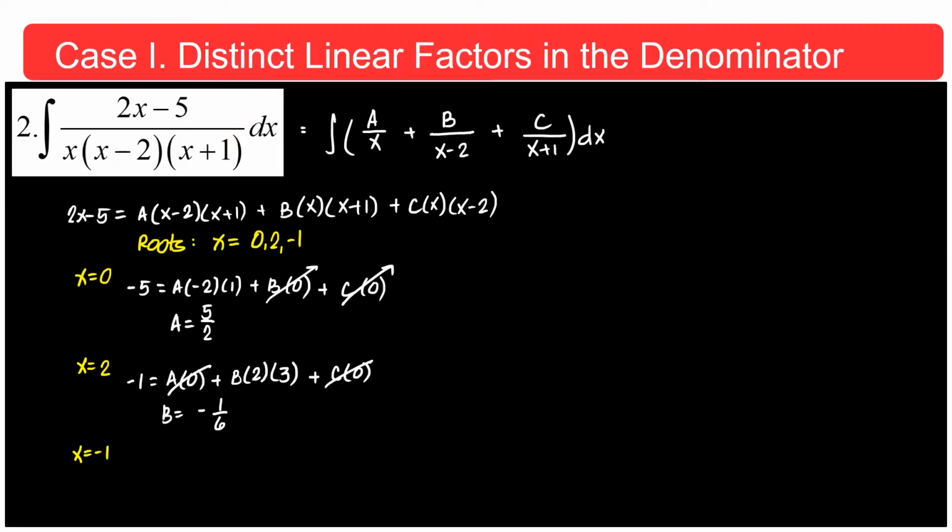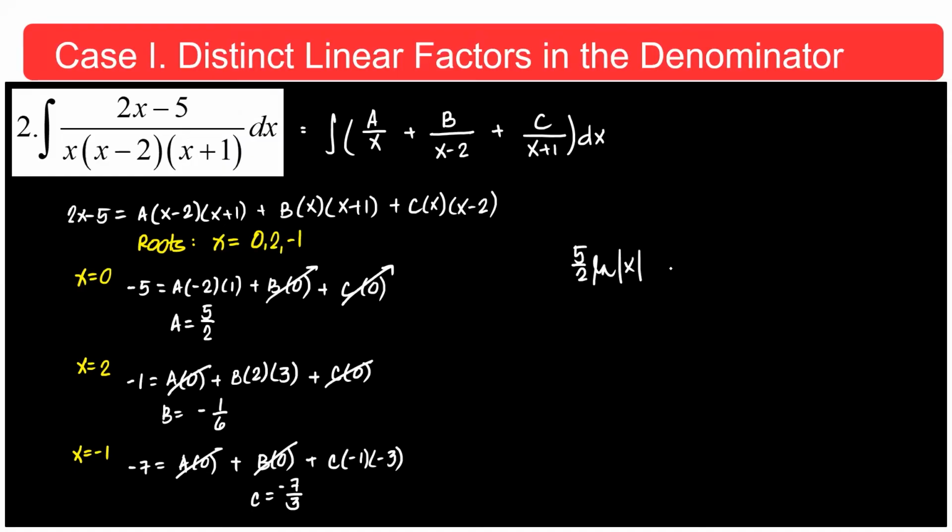Lastly, if it's negative 1, 2 times negative 1 is negative 2, minus 5 is minus 7. So A contains an x plus 1, which will cancel out with a negative 1. That becomes 0. B contains an x plus 1 also. That will cancel out. C, negative 1. Negative 1 minus 2 is negative 3. Therefore, C is negative 7 over 3. Therefore, I can say that my answer is A, which is 5 halves,